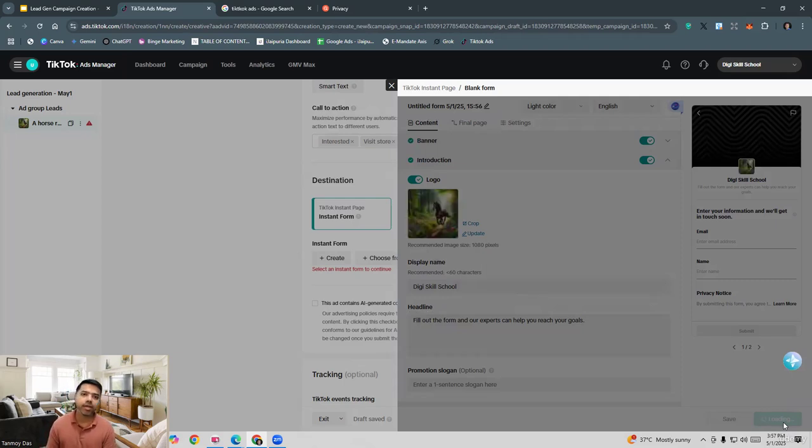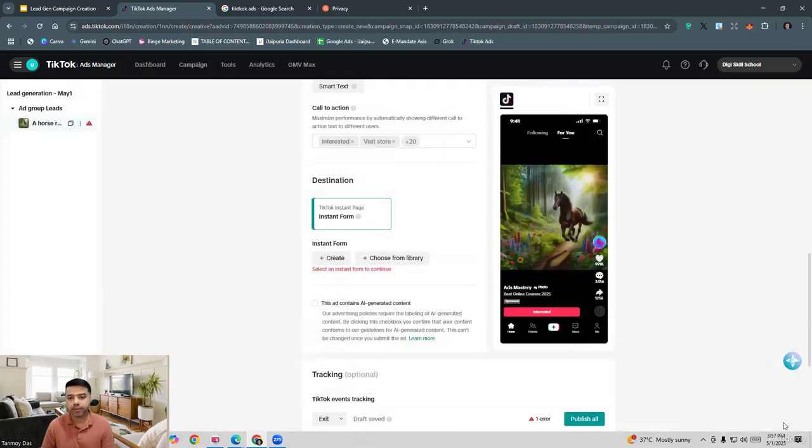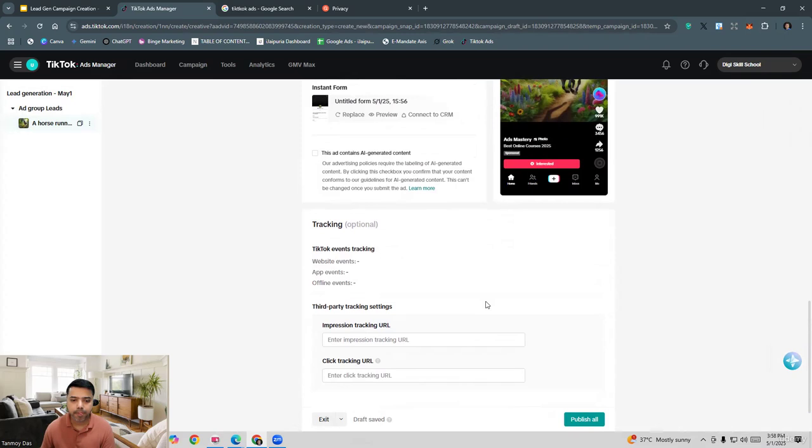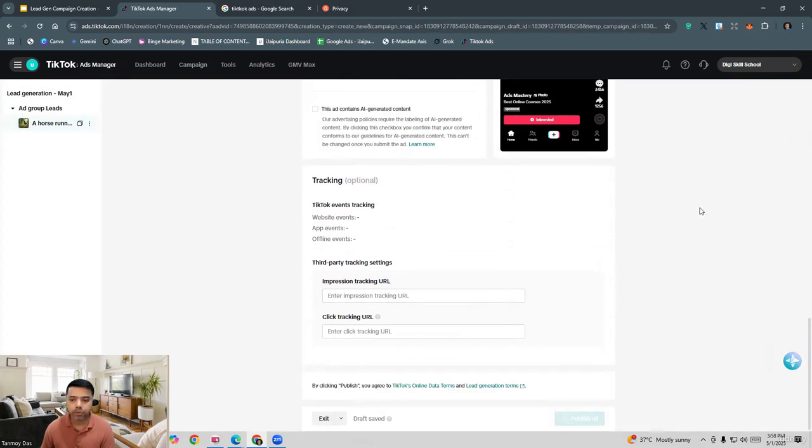So the idea is that we have to attach this form with our campaign, then the campaign will get created completely. So now you can see the form has been selected, added over here, and now you can publish